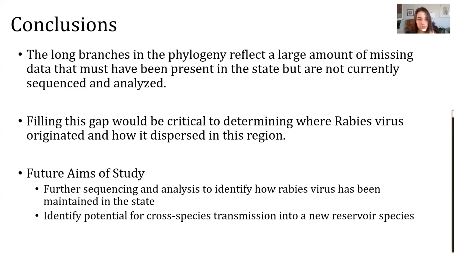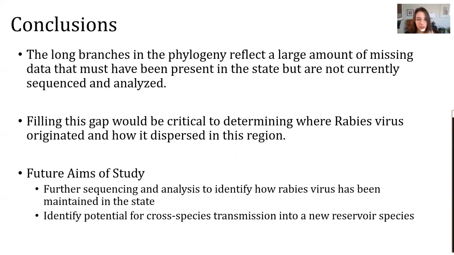The gap in sequence collection between the Connecticut sequences and their closest common ancestor, as illustrated by the long branches in the phylogeny, shows that the cases were circulating in the state at this time, but have yet to be sequenced and are critical to establishing an evolutionary timeline of the virus. Currently, we are unable to differentiate how many incursions of raccoon variant rabies virus there have been from other states since it first entered Connecticut.